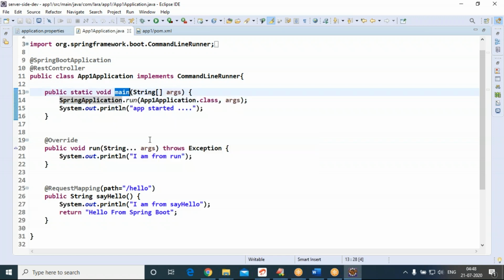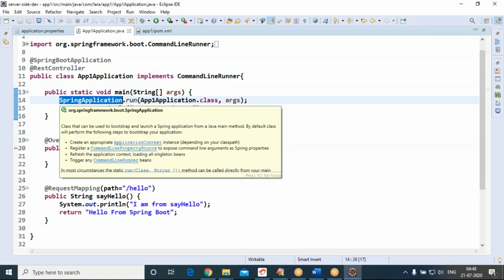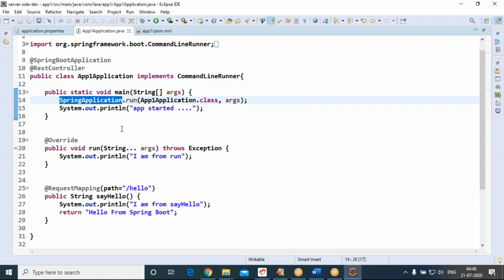We are running this program. While running this program, command line arguments, the same command line arguments we are supplying to the run method of SpringApplication. In the body of the run method of SpringApplication, it is calling the run method on our application.